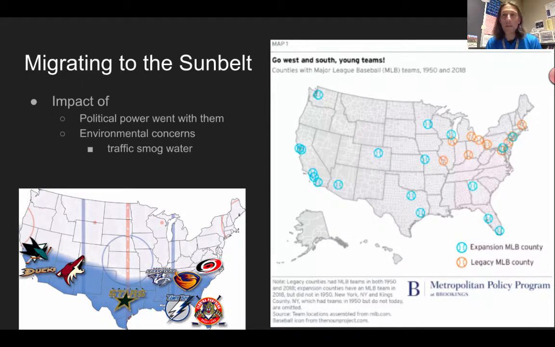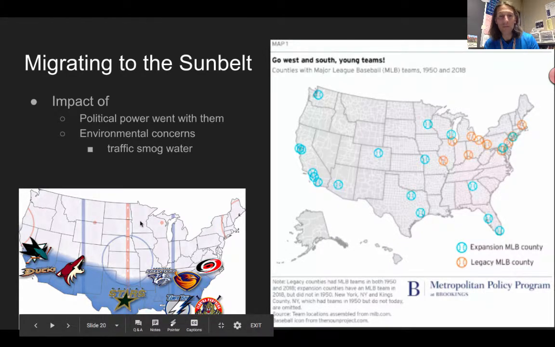And now the other thing that's going to happen is you're going to see athletic franchises go to the Sun Belt. So the map on the right, the orange shows where the Major League Baseball teams were in the 1950s, and the blue shows these expansion teams where baseball is going to go to, and you see the vast majority of them are going to go to this Sun Belt region in the West Coast. The other thing is this map over here shows the growth of hockey in the Sun Belt.